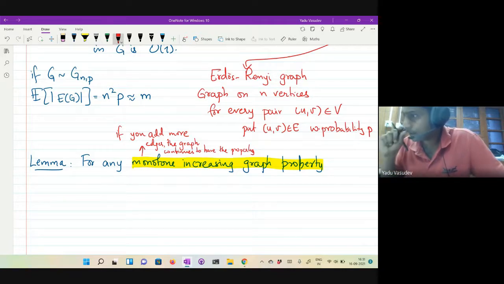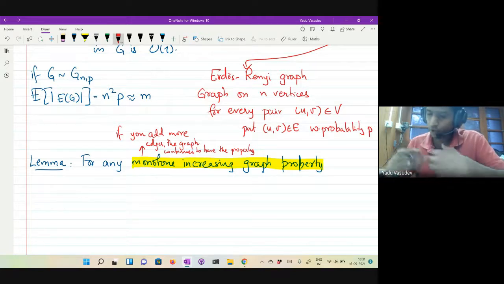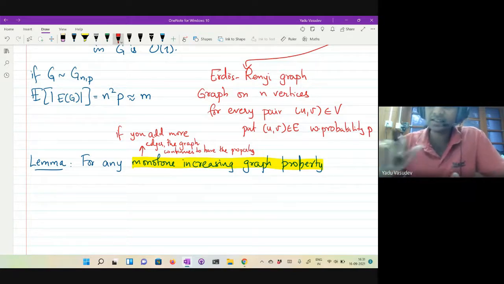Right? So it's monotone, so it doesn't matter. If you keep adding edges, then the property remains.